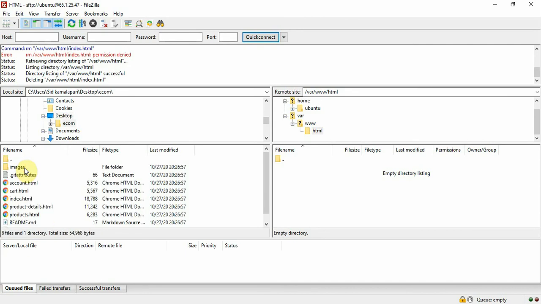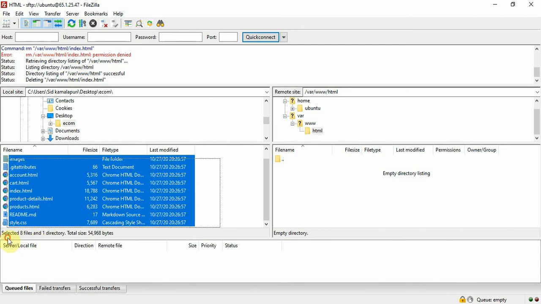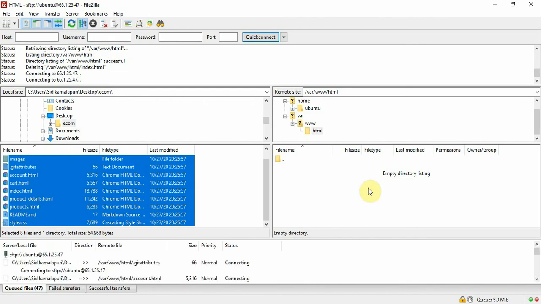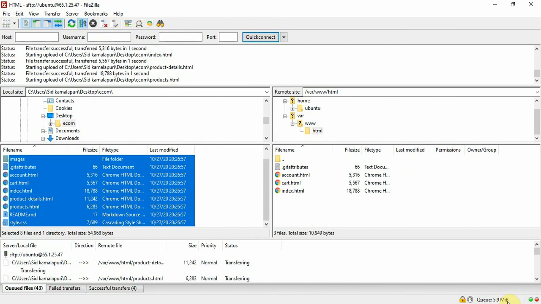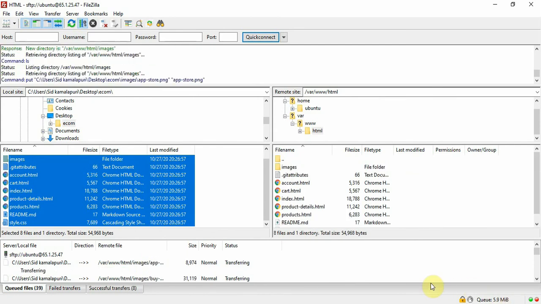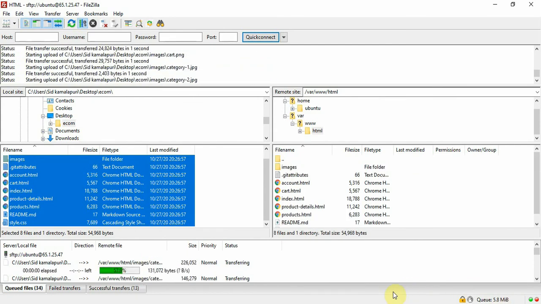And this is a folder which contains all my project work. So I'll copy all of this and paste it here. And you can see it's 5.9 MB, so it will take a little time. Until then we will wait here. And after this our website will be successfully hosted.